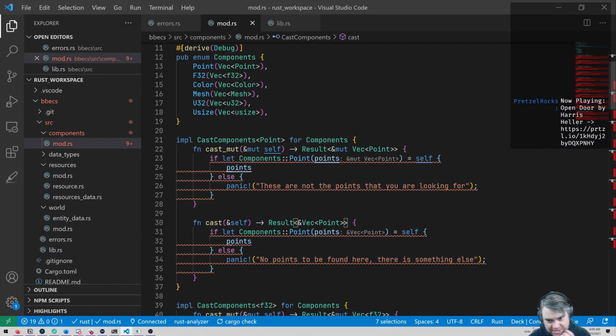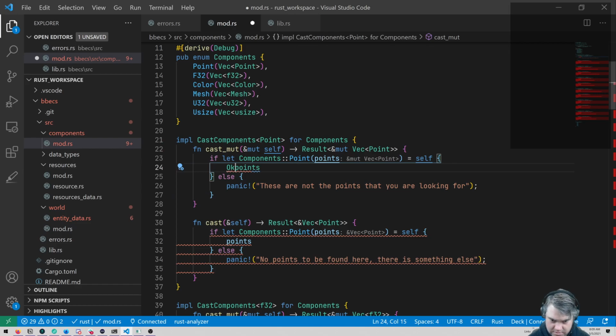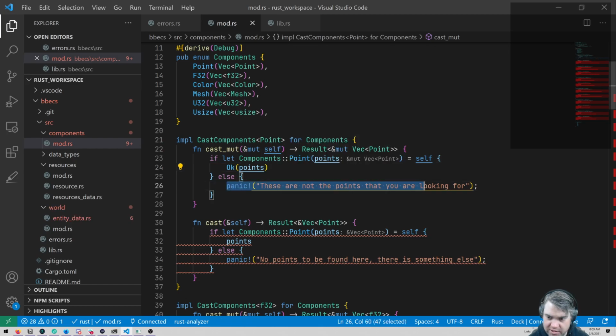There we go. Now it doesn't matter how big the word point is or usize or anything else. All right. Okay, so we're gonna return an okay here. And then I don't want to panic like this.